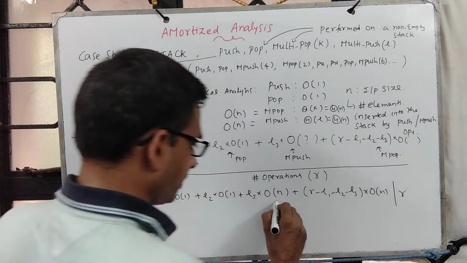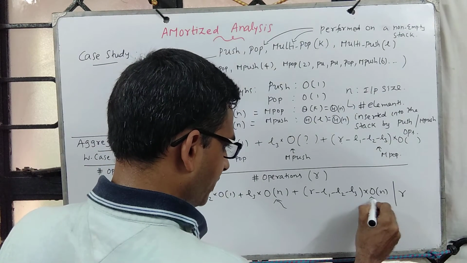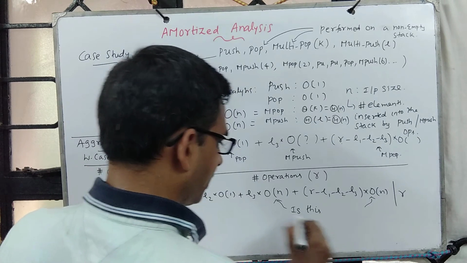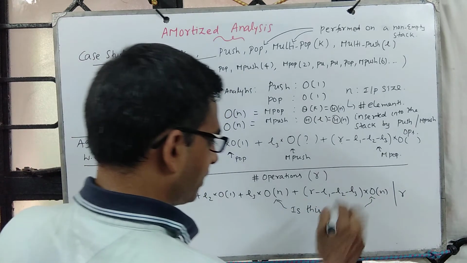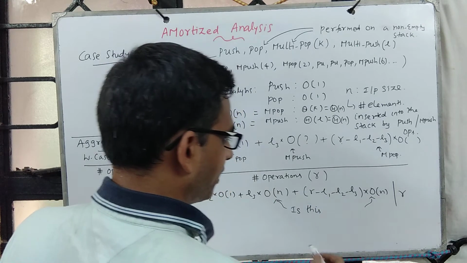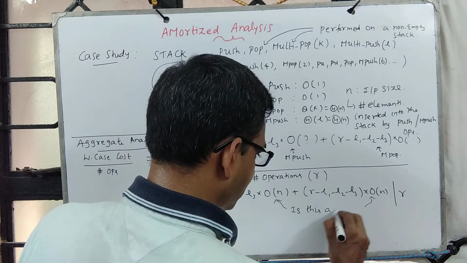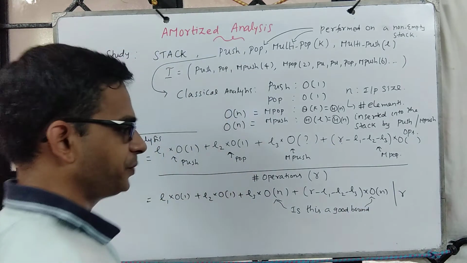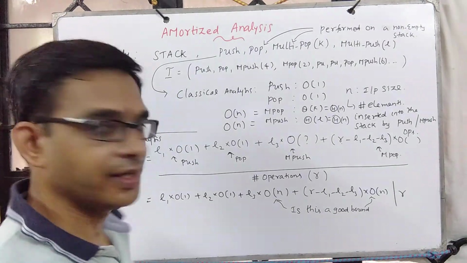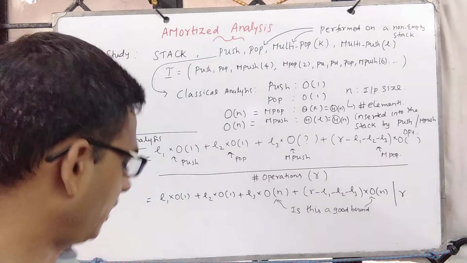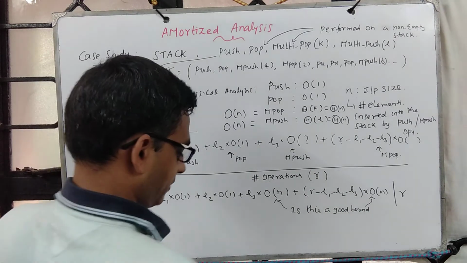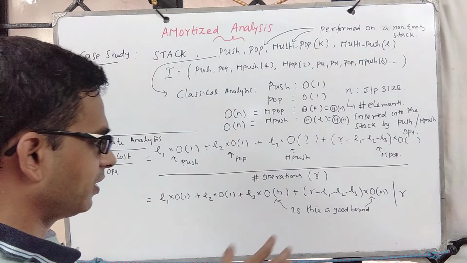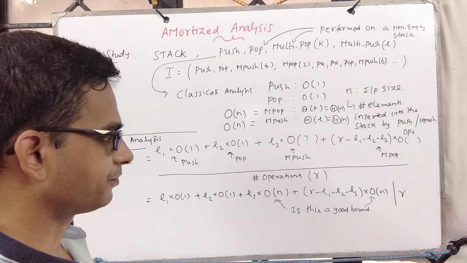Now the question is: is this a loose upper bound? Because we say micro level analysis and so on, by saying order n for both, are we doing a micro level analysis? Is this a good bound? Suppose it is pretty loose, which means our analysis will be weak. So now the question is this: are there input sequences where you get to see this?